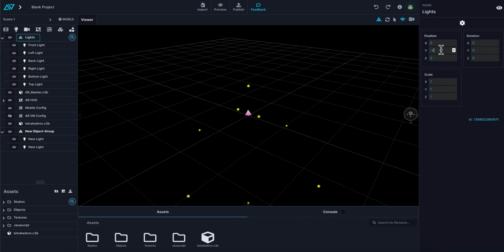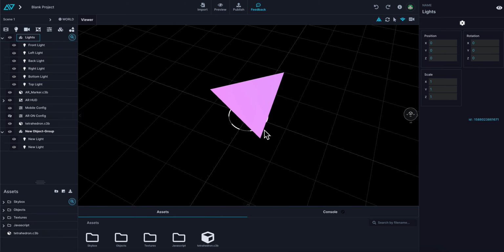It's very, very powerful. I want to move my lights up and down. You can do this for lights, you can do it for objects, but that's what an object group is. So you now have the ability to add a light, add an object group, you can change the lights, and that's how lighting works in our system.